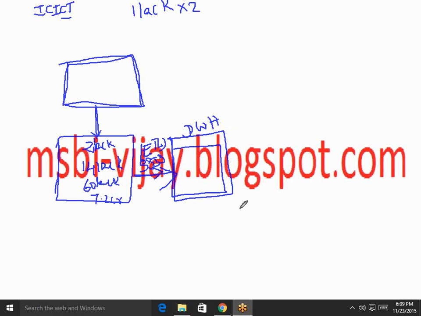So why are we moving the data from this database to this database? Just to keep the application performance in good shape. So this is the data warehouse. In the data warehouse, we are just maintaining the historical records, historical data, or old data, or we can call it aged data. And in this database, we are storing only current records